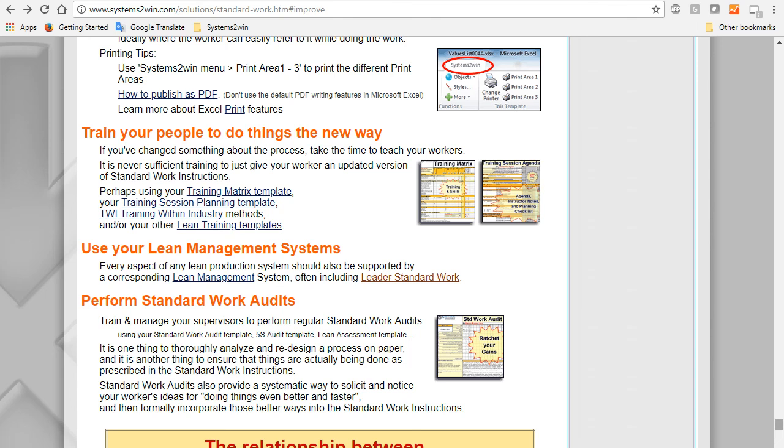And then, of course, there was absolutely no point in doing any of this if your people just backslide into doing things their own way anyway. So your next step is you got to actually train people to do things the new way. Remember, standard work template was never intended to be a training tool. So there are all kinds of other tools and methods for training your people, and then auditing to make sure people are actually doing it the way you thought they were doing it.